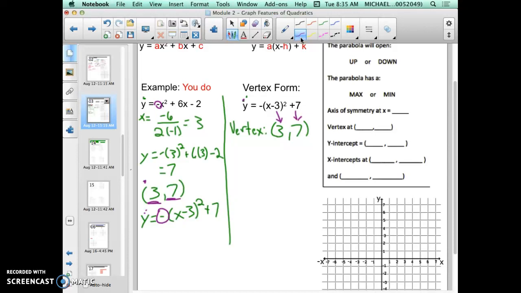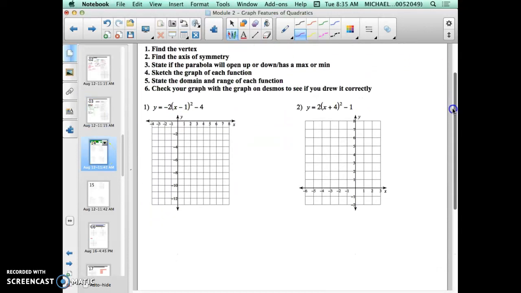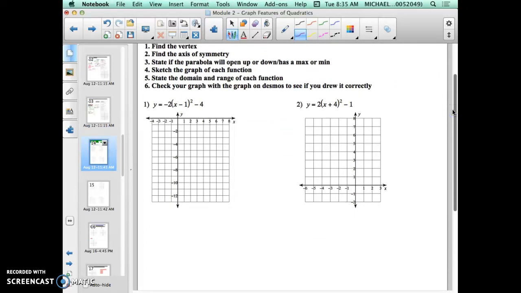Now you are ready for the practice. On these pieces, all I really care about is, can you find the vertex? And based off that, the axis of symmetry. Can you state that the parabola will open up or down or has a max and min? And then sketching the graph of each function will help you find the domain and range. Now, Desmos, I can show you that. It's a really cool online website that lets you graph these functions and look at the graph and different graph features as well. But 1 through 5 is the main